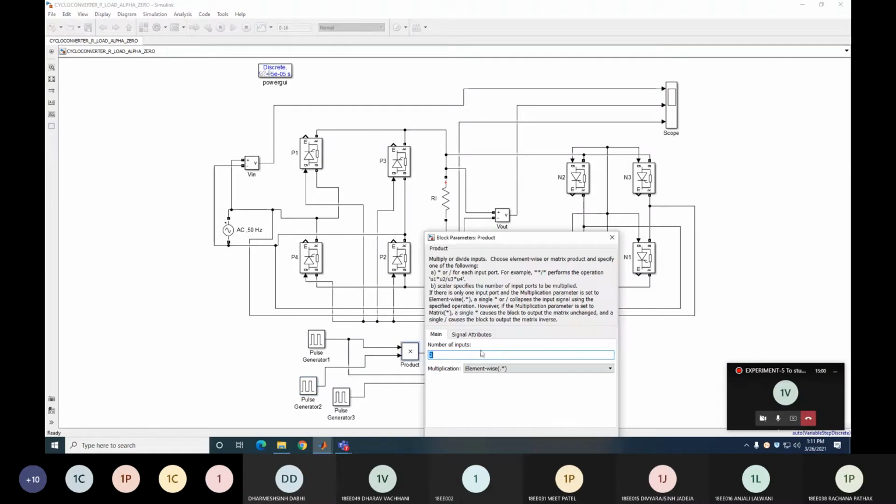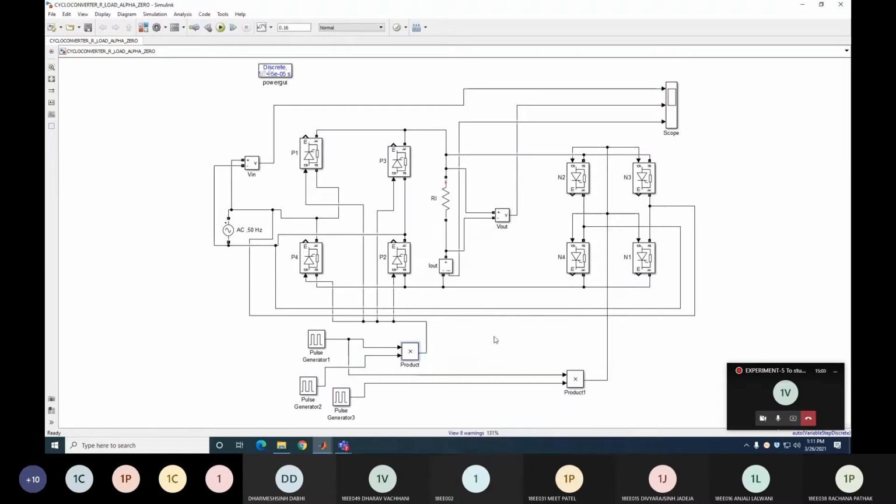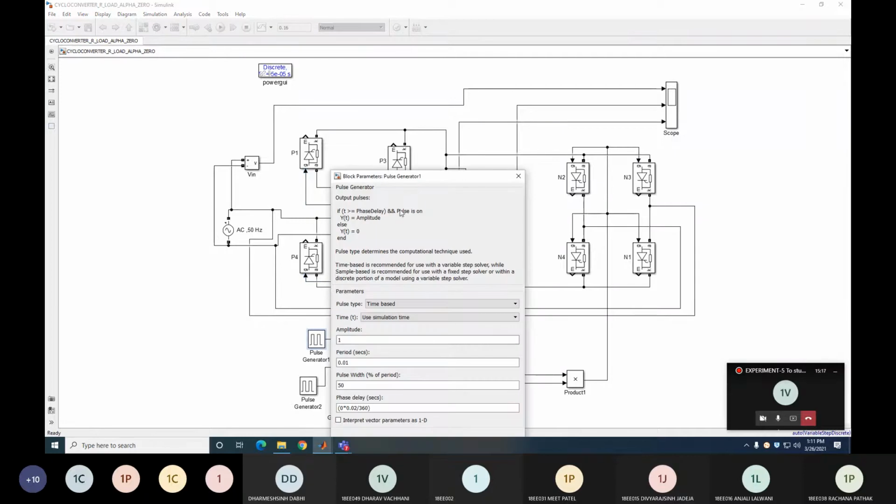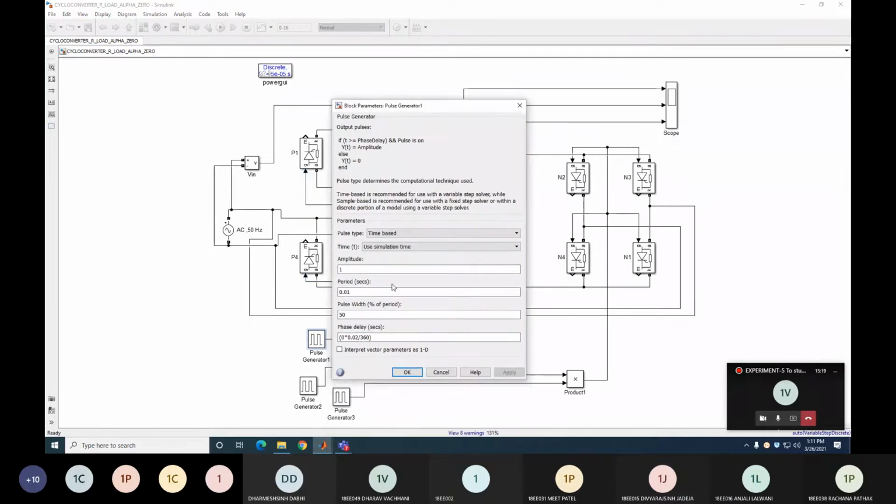Cross product, it means multiplier operator. Clear? It means that whenever both this pulse generator output is 1, then you get the output 1 at the output side. If any one of the pulse generator output is 0, then you get the output 0. Clear? So you can see here the pulse generator one generate the pulse at every half cycle because you take the period of 10 milliseconds and then generate the gate pulse between 0 to 5 milliseconds. Clear? You will take the 50% of pulse width.